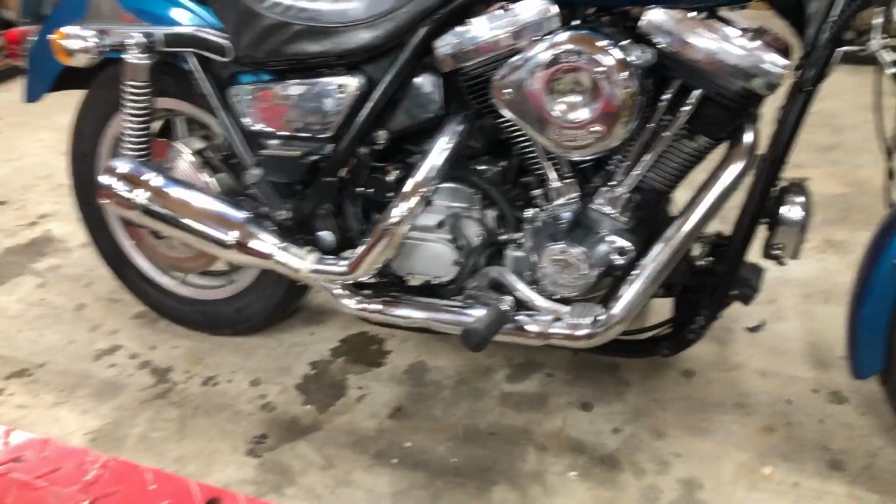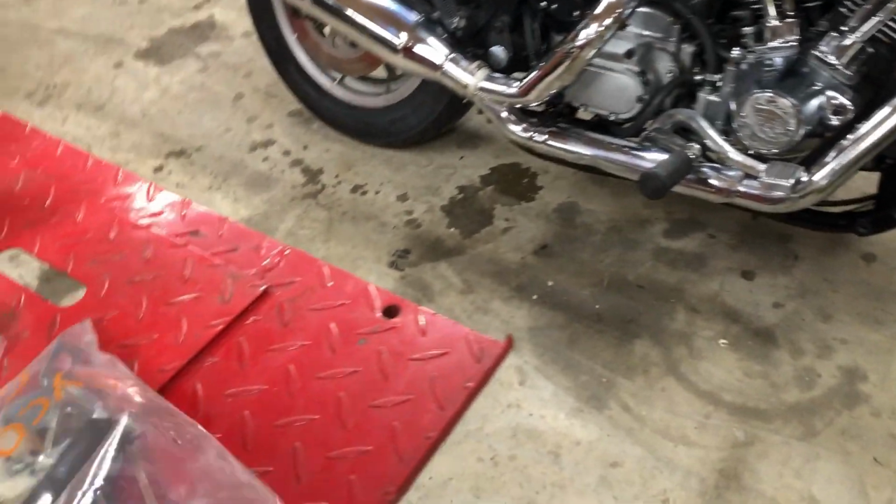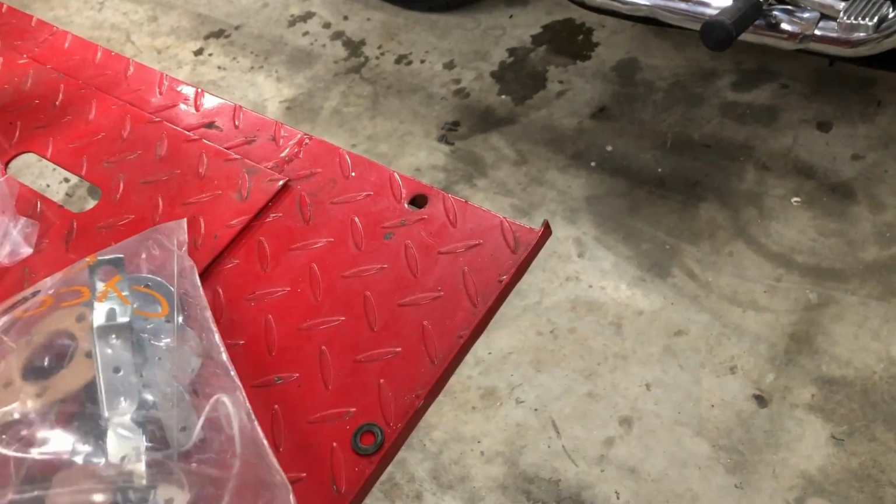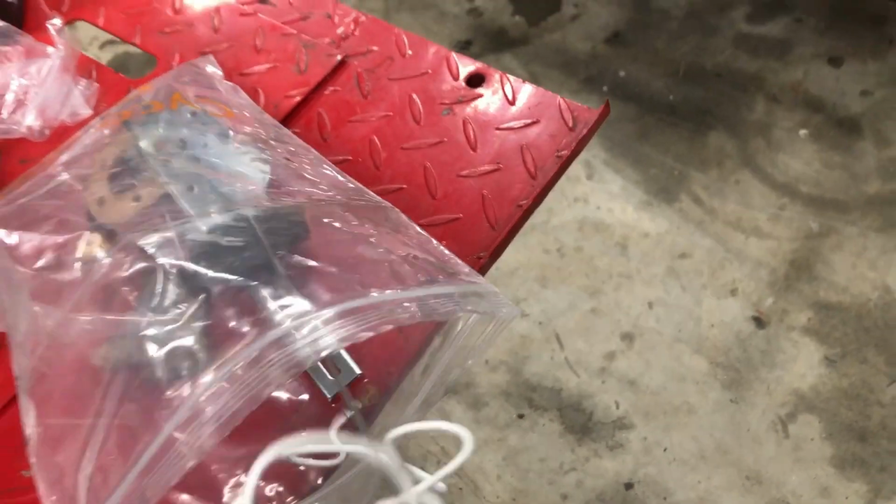It didn't work in this one. The resistance wasn't even close. But I was able to use the parts from it and make a good one. So